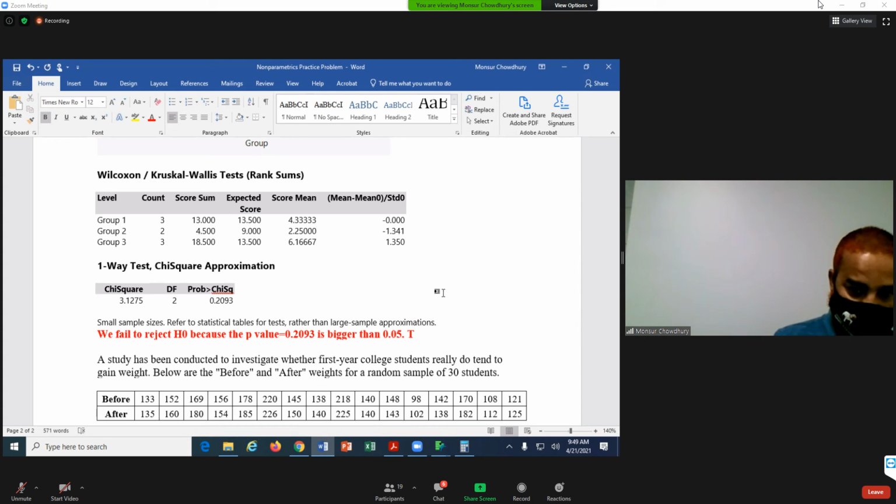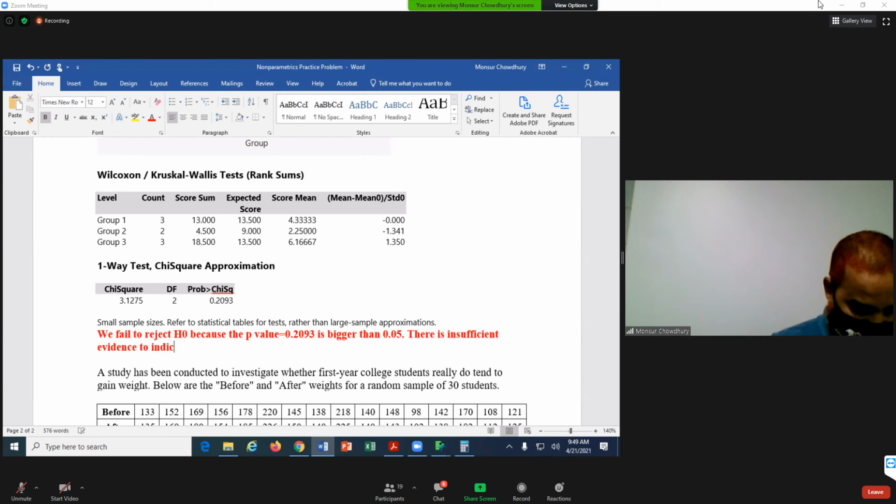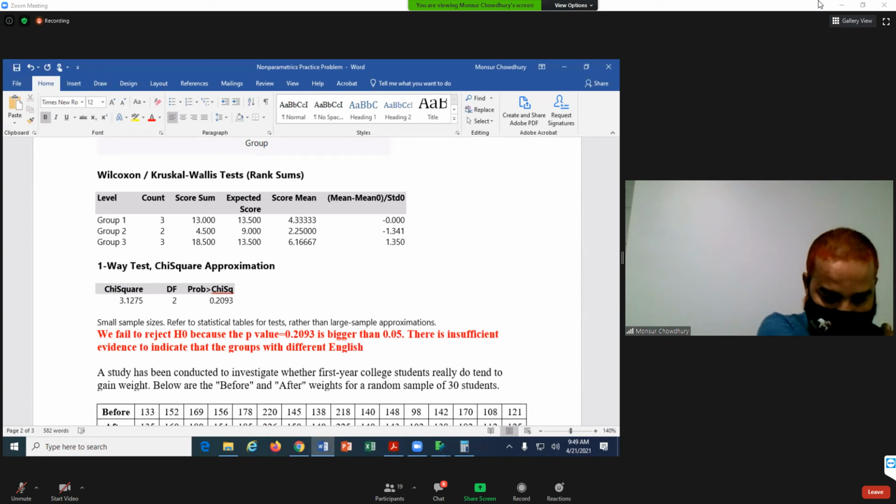So we can say that there is insufficient evidence to indicate that the groups with different English proficiency skills have different performance.